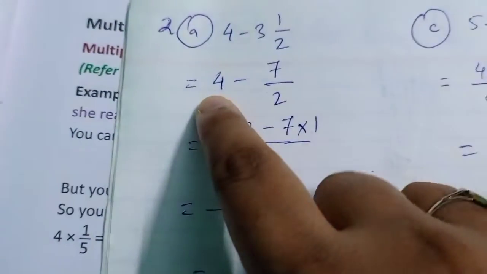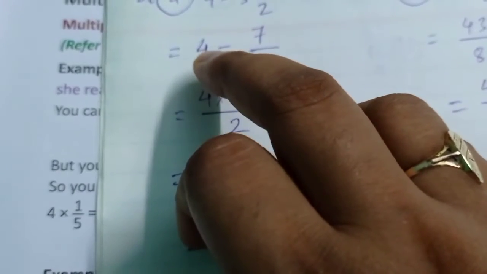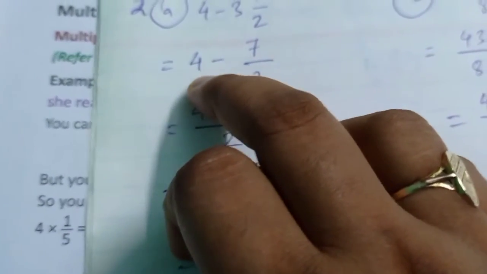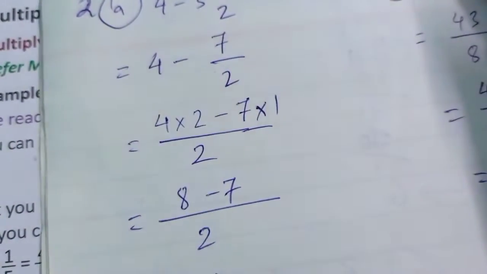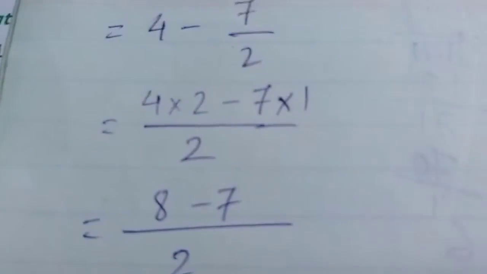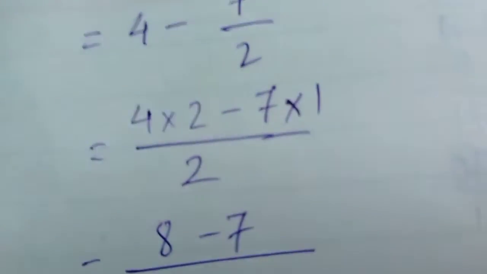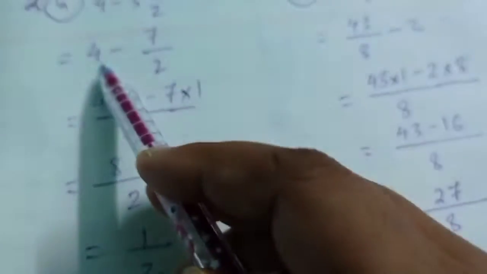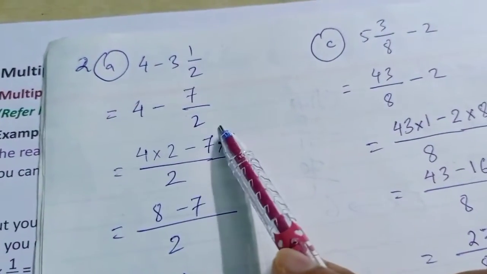Now the important thing is that in the case of 4, there is nothing in the down portion, right? There is no denominator, but actually there used to be 1 as the denominator. As we know, 4 divided by 1 is 4 only. So if nothing is there, that means 1 is there. Not 0, but 1. Now it's simple: 1 and 2 are there.